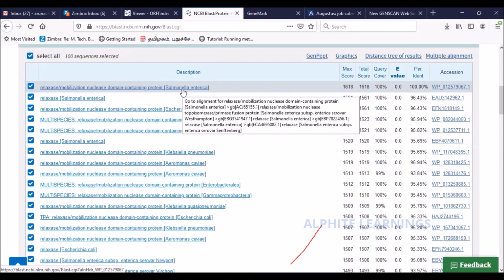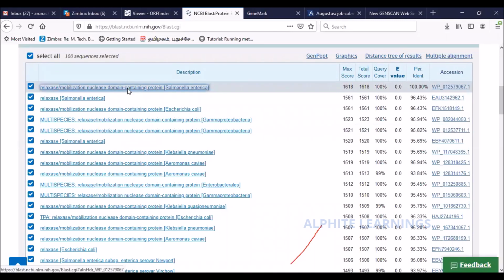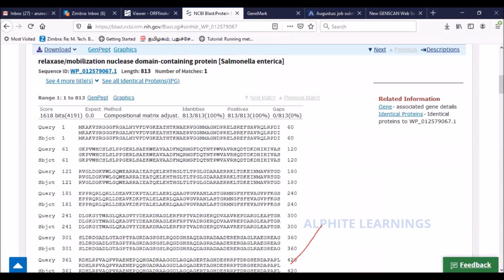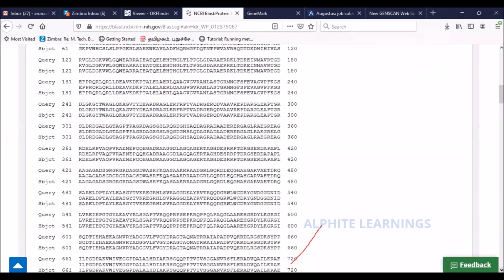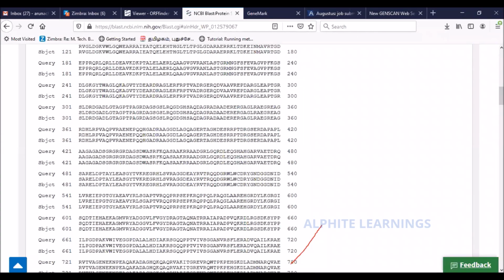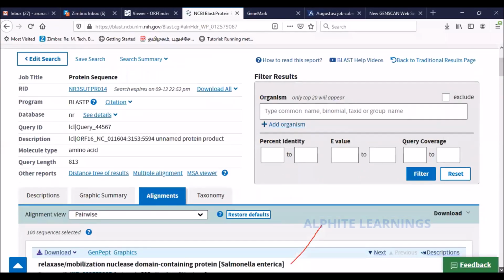So now, by means of the simple bioinformatics search, we have identified it to be this particular protein, right?